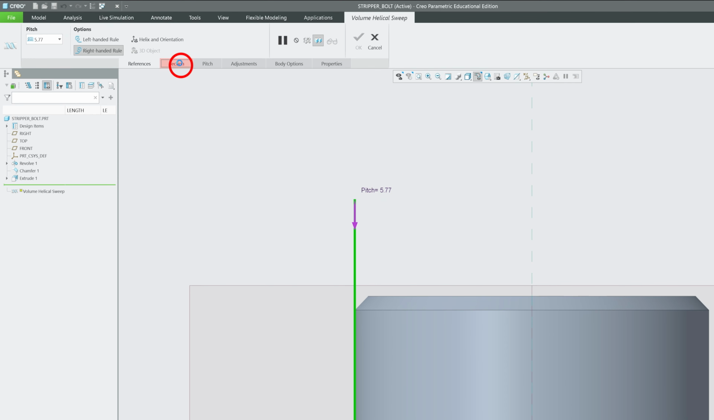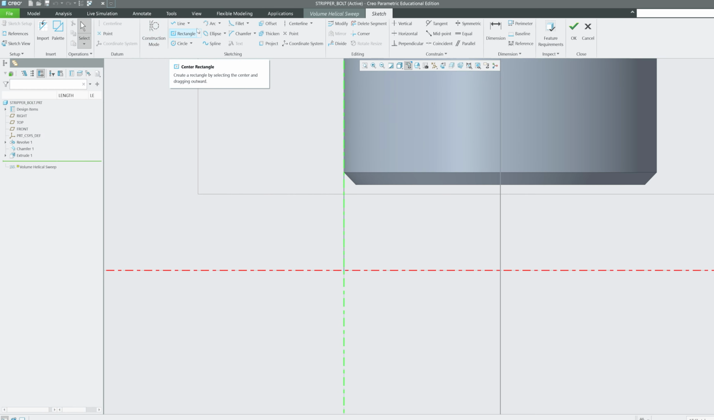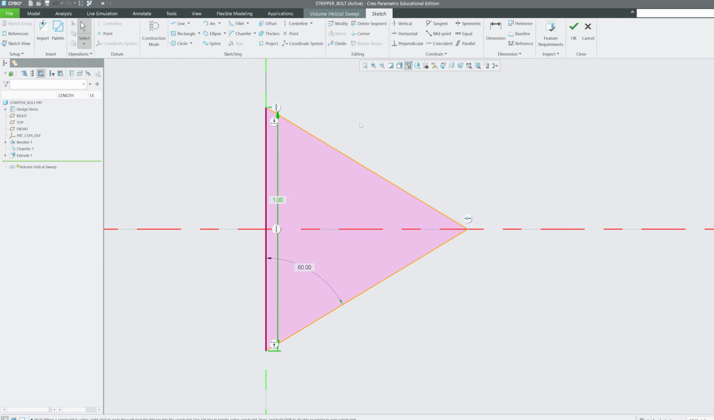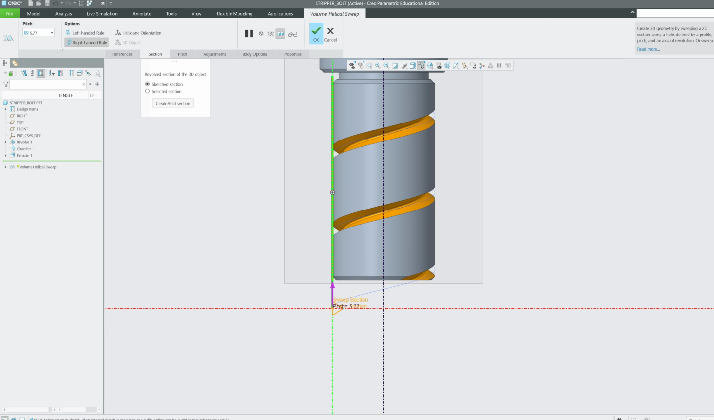Now we also need to create section. So let's create section. In order to create metric thread, probably I need to make it like 60 degree. And okay, so this one was M8 into 1. So let me make it 1. Now let's click OK. And probably I also need to change the pitch to 1, probably